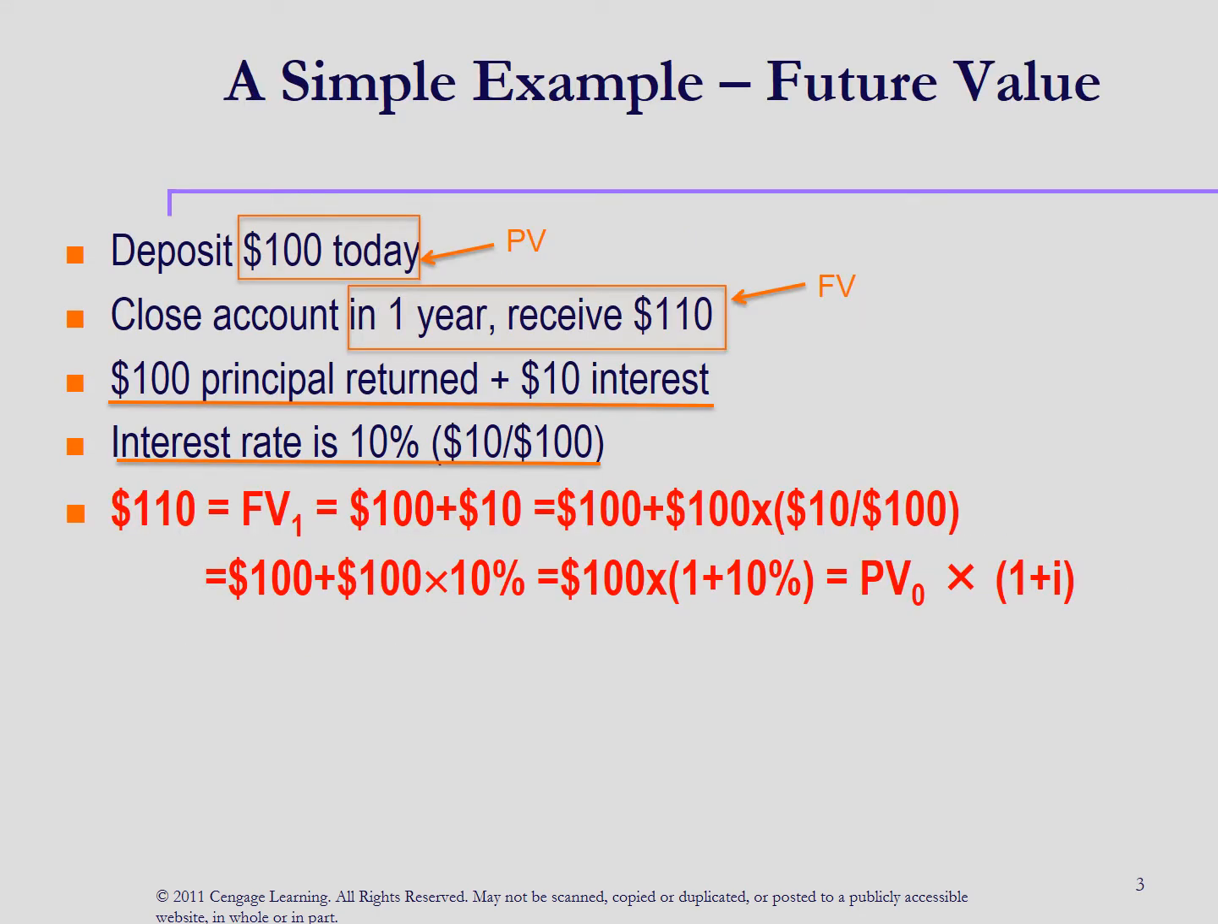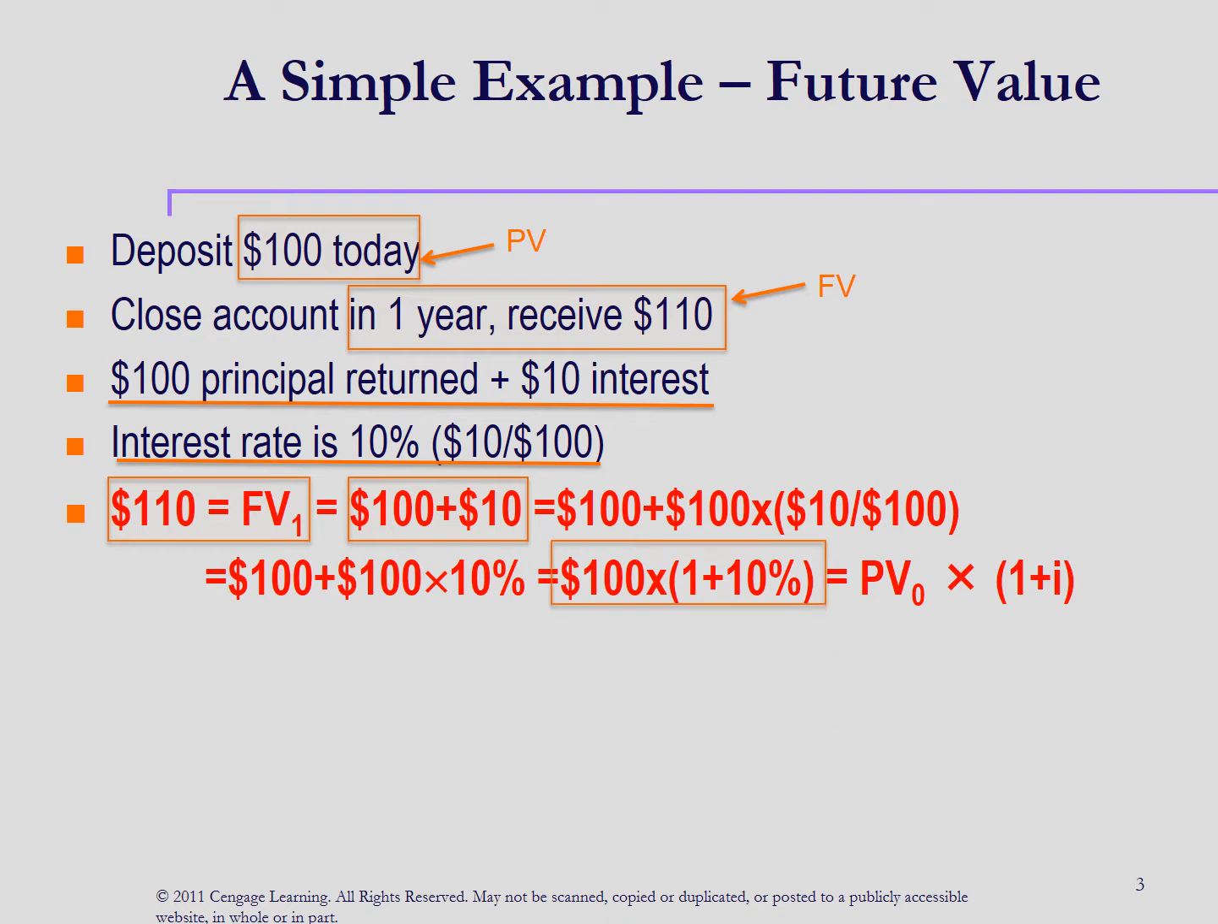Deposit $100 today. Close the account in 1 year and receive $110, which consists of $100 principal returned plus $10 interest. We have $110, the future value at the end of year 1. We represent it by the symbol FV1 equal to $100 principal returned plus $10 interest, equal to $100 principal times